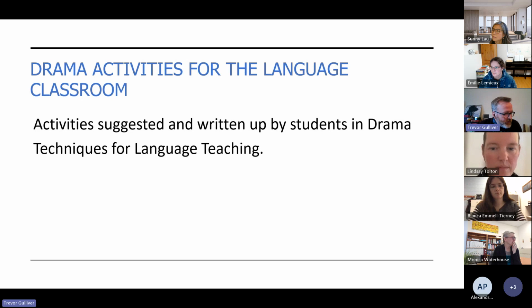In the class, the students had to contribute, or they had to reflect on activities they engaged in. They entirely had the choice of whether to submit them to a glossary on the Moodle page, knowing that activities submitted in the glossary would be shared freely and widely in the future. I think there's about 52 activities in that book.